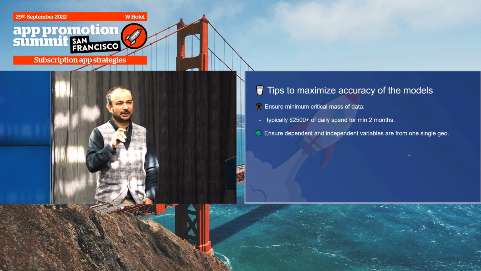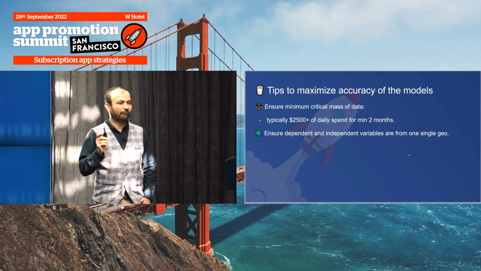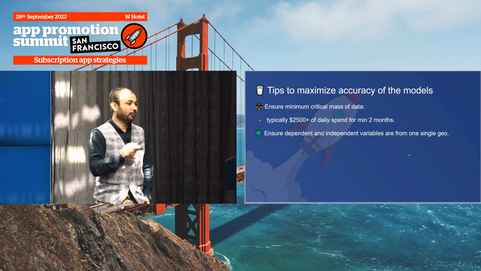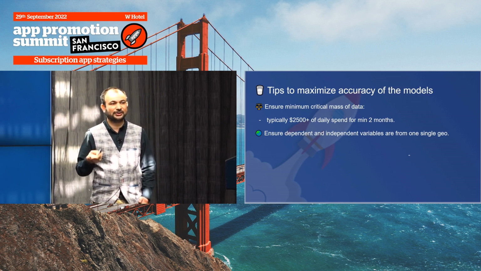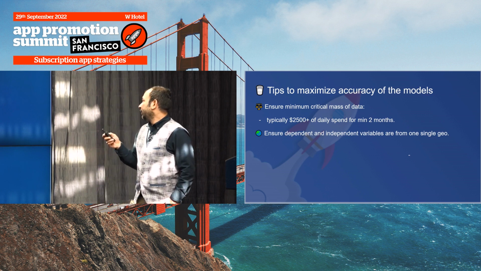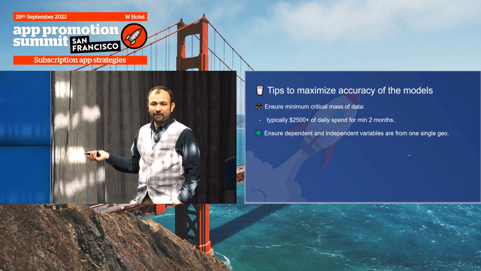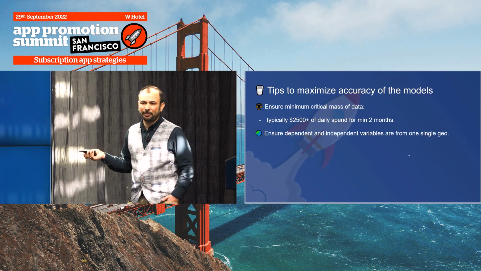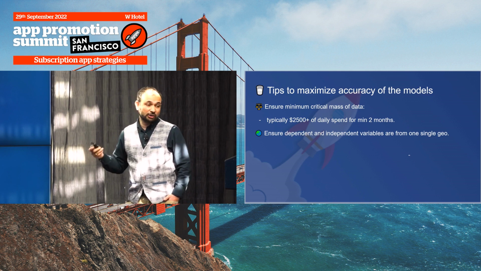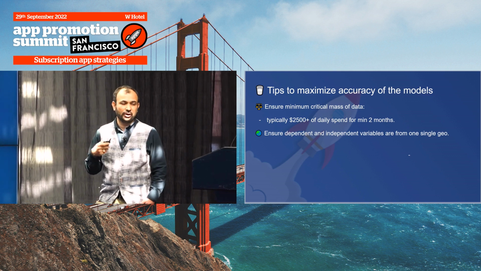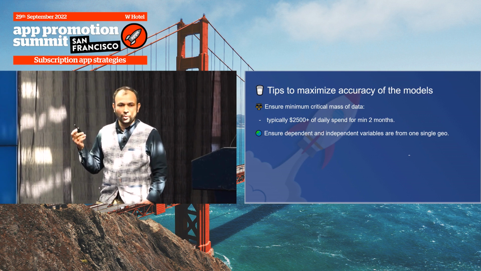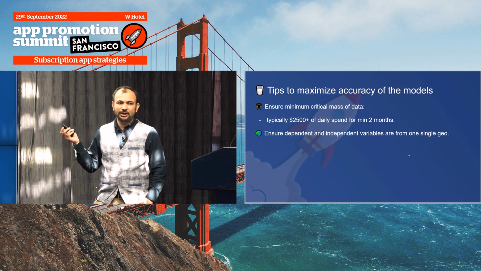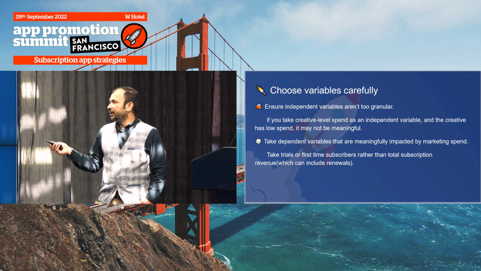100K per month is even better. 400, 500K, you get very strong, solid data. With 2,500, you will want to play around with the models to make sure your accuracy is strong enough, right? And obviously, you want to make sure your variables are from a single geo. Oftentimes, if you just take worldwide, your data is going to be much more messy, which unfortunately also means if you're running multiple geos and you want to see, hey, how is my performance in Belgium doing? It's probably not the best technique for you, right?